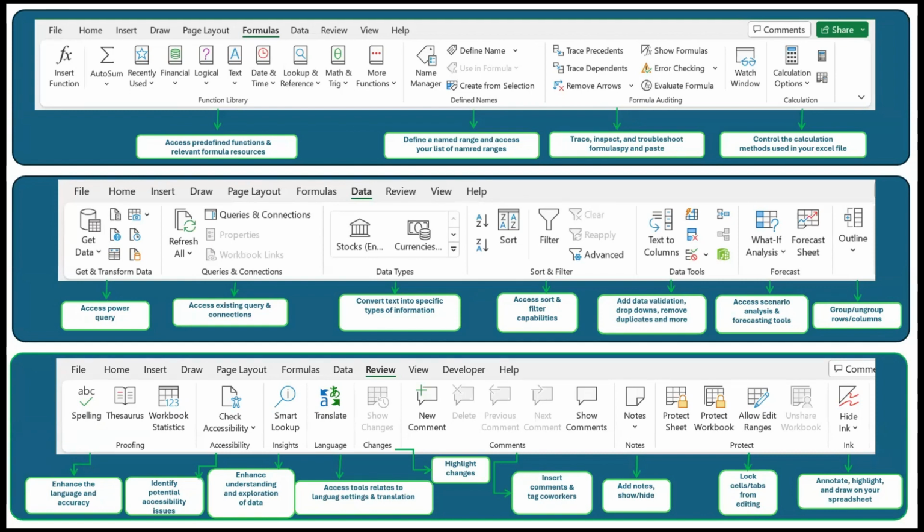Then this is Changes, where you need to highlight the changes and everything. Then insert comment and tag your coworker, which I've also explained earlier. It's also in our onboarding. Then also add notes, where you need to add notes, if, for instance, you need to remember what you want to put in that particular data set. Then on this side is where you need to protect or lock your